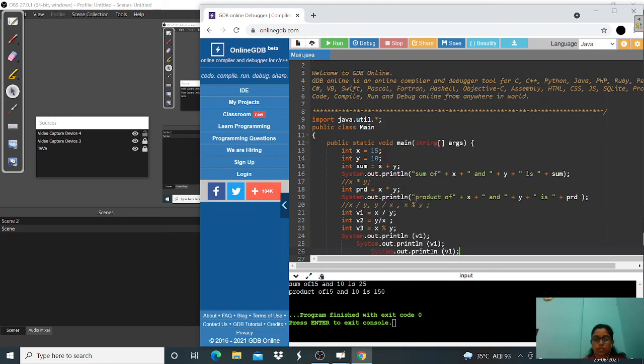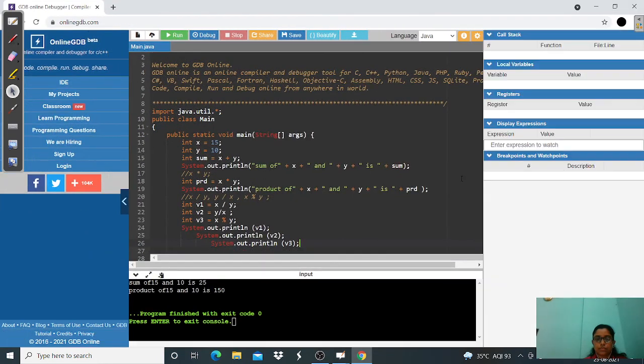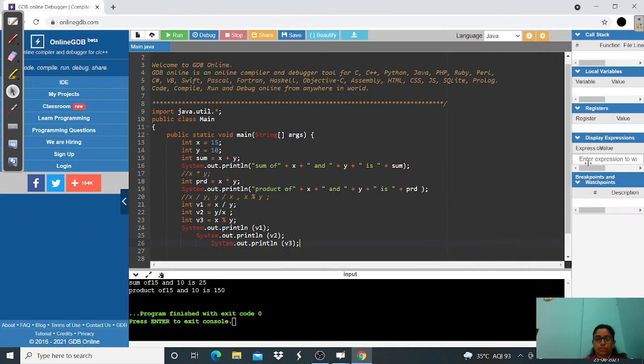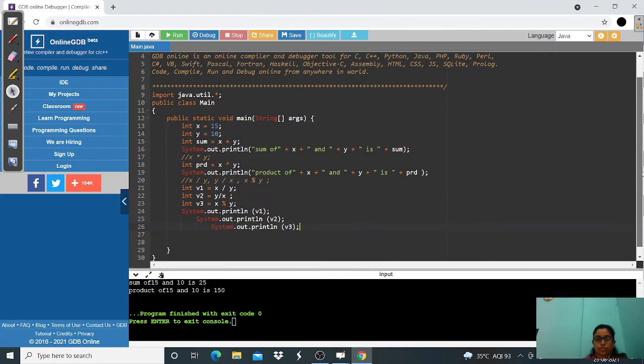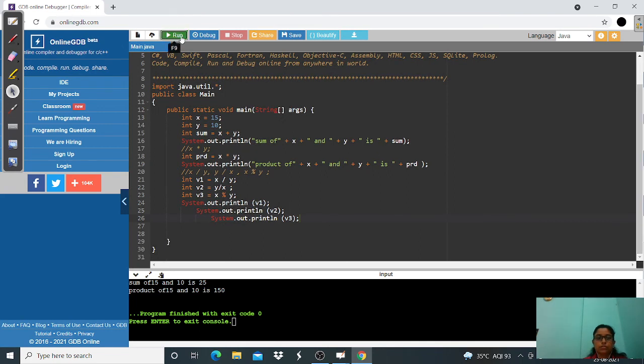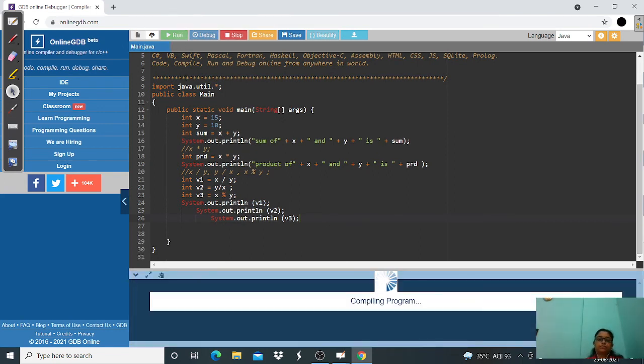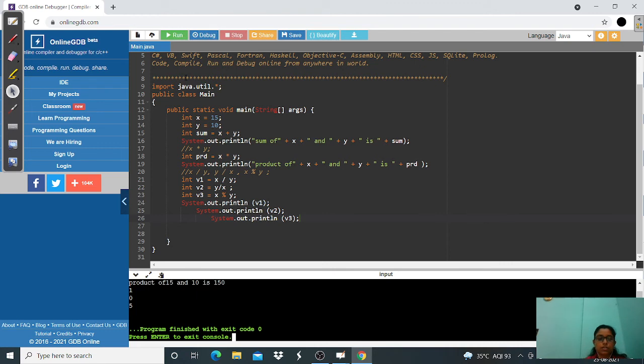Now I change this to v2 and this to v3. Now run our program and see what our output is.